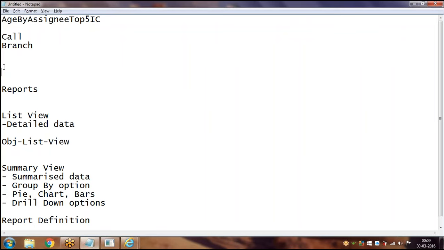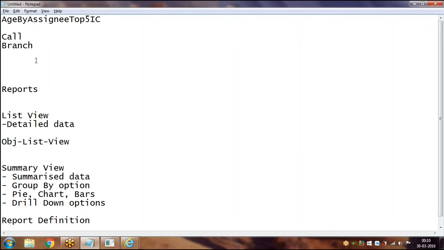See, suppose I have an activity which is having 30 steps or 40 steps. In that, 15 steps or 10 steps are common for multiple activities. So rather than having those 15 steps in every activity, you just create a generic activity for those 15 steps and refer to it. You can call that activity in all those 5 activities. Nothing but for reusability, they have provided these two, call and branch.